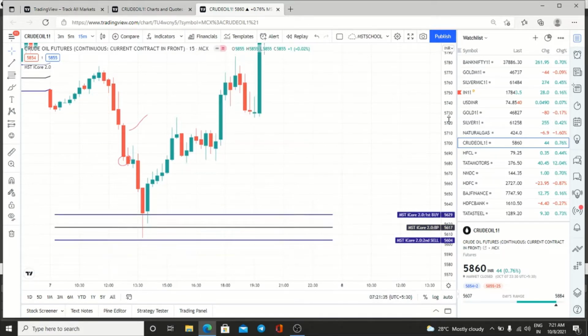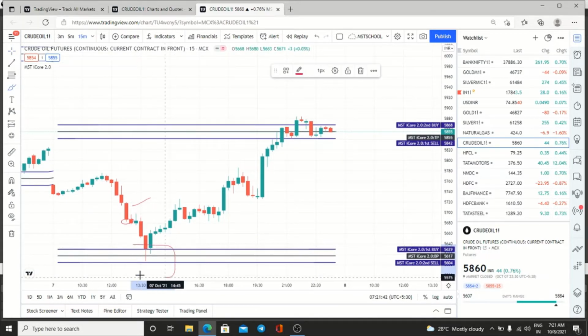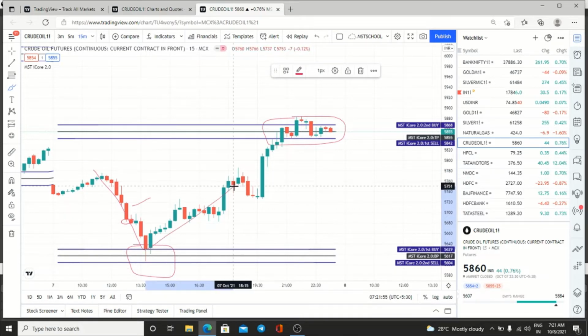So this is the advanced version. Now what are we telling? This is the demand zone and this is the supply zone, which means when the market has reached here, if no candle closes below these three lines, then you can go for the buy entry, and the target will be a positional target. The first target will be 5842, in the range of 58422, 5855 and 5868. This will be the target.